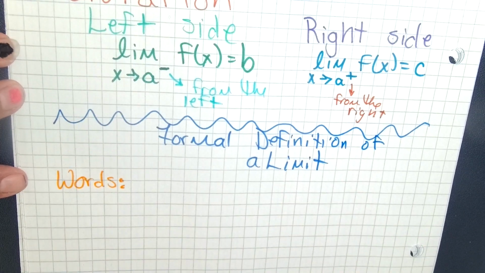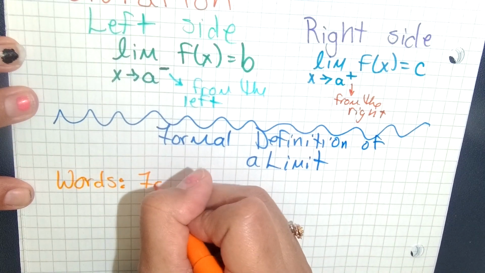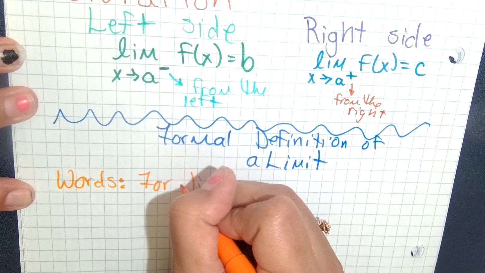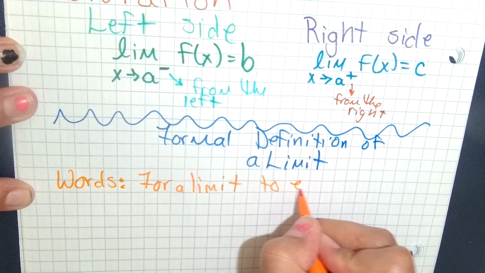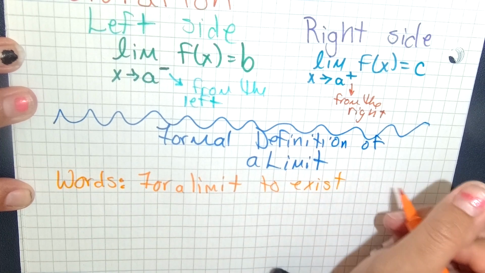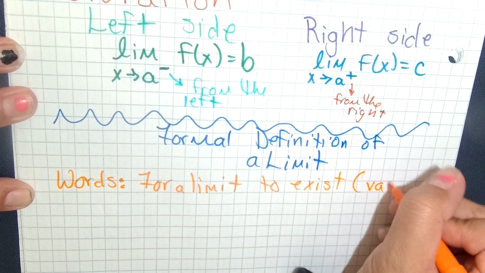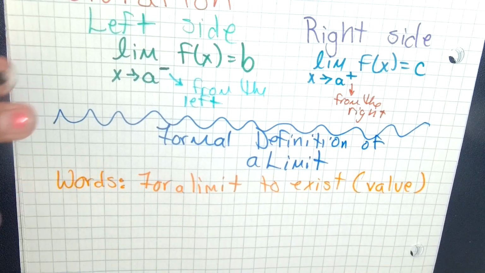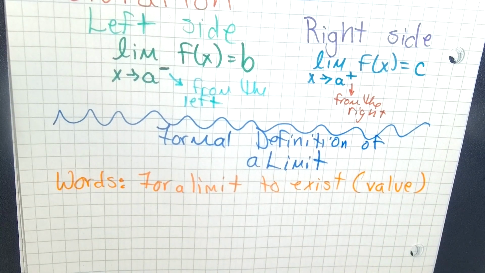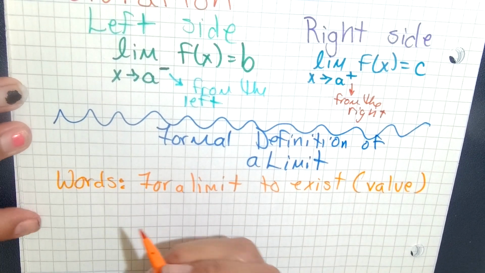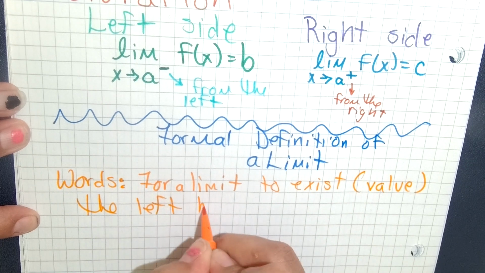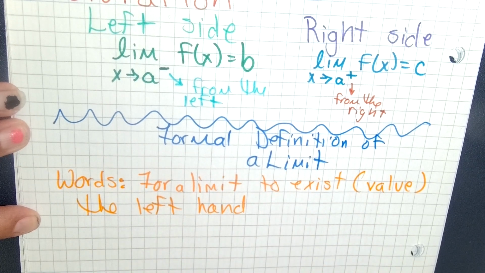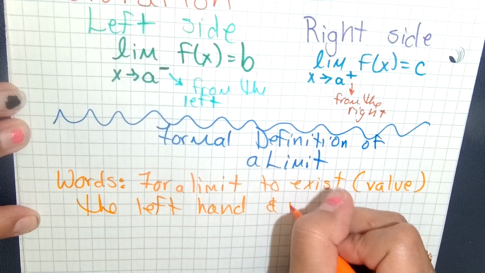The formal definition of a limit says, for a limit to exist, meaning that it has a value, so it has an actual number. It's not, does not exist. Okay? It's an actual number. The left-hand limit and the right-hand limit